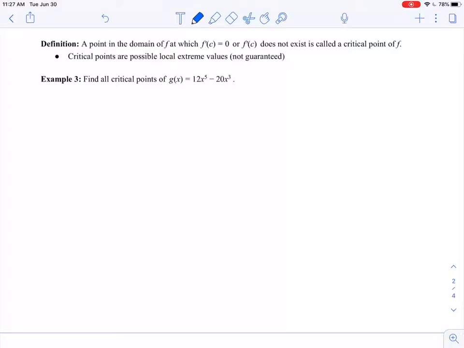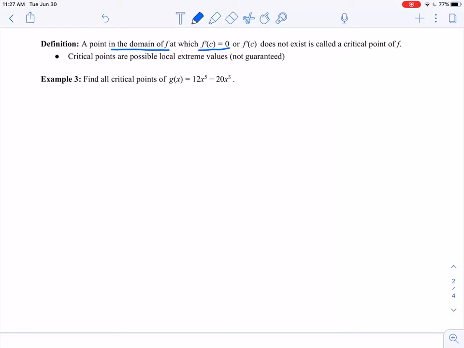We're going to start this video with a definition. It says a point in the domain of f. I actually want to emphasize this part right here because it's very easy to overlook that. A point that's in the domain of f. So this point must be in the domain of our function, at which either f prime of c is equal